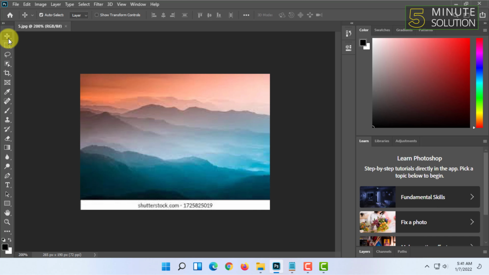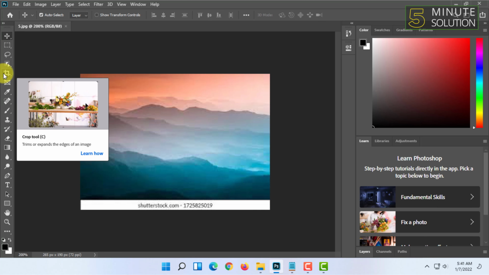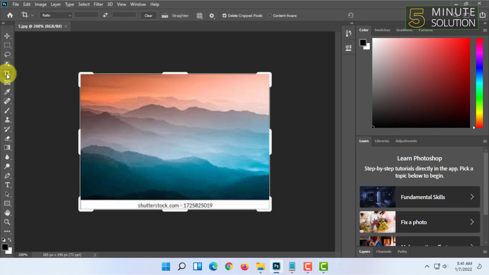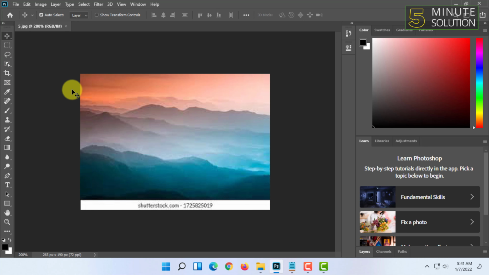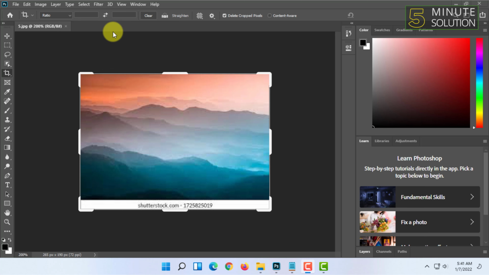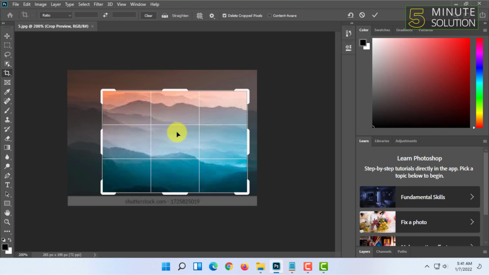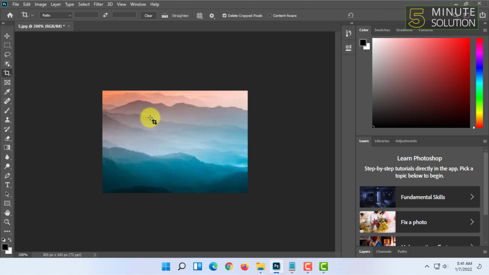and for cropping it you have to click on the crop tool in this tool menu, or you can simply press C on your keyboard. So with the crop tool you can hold and select a particular area to crop. Once you have done that, you can simply press on this right icon and that part will be cropped. So I'm gonna undo it